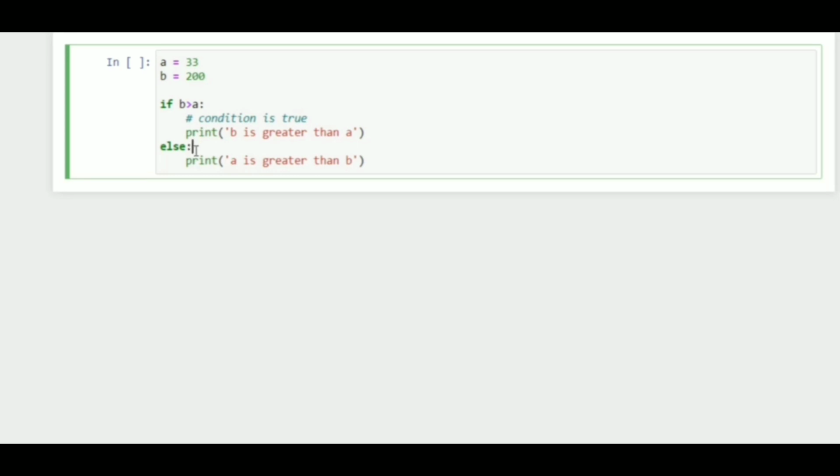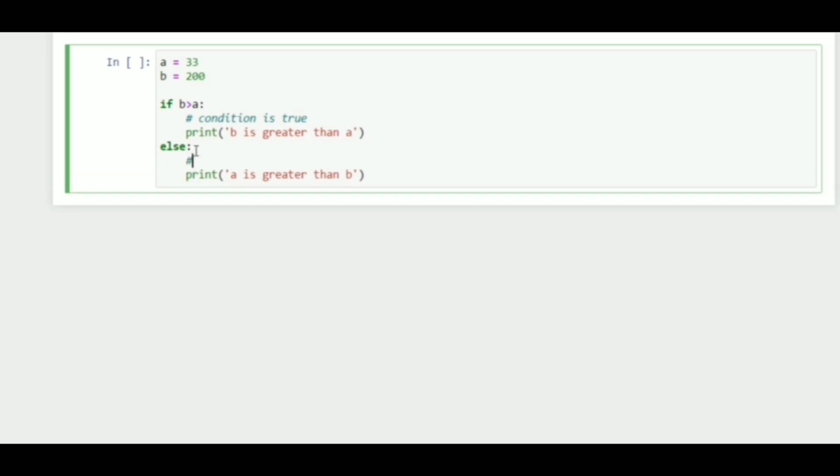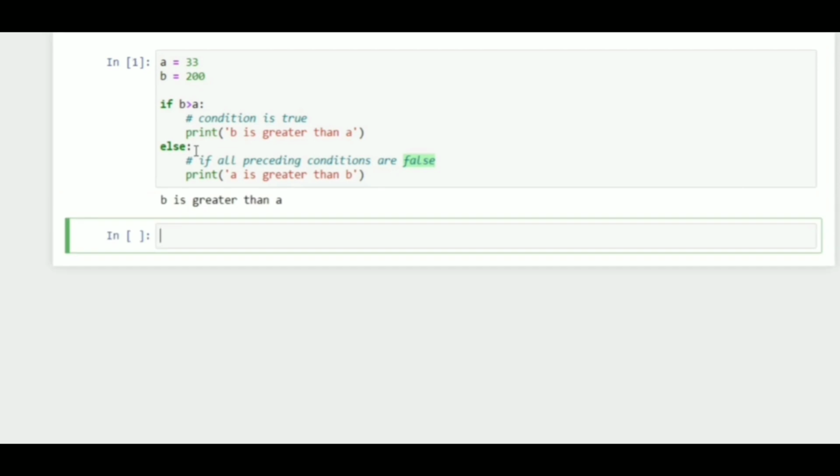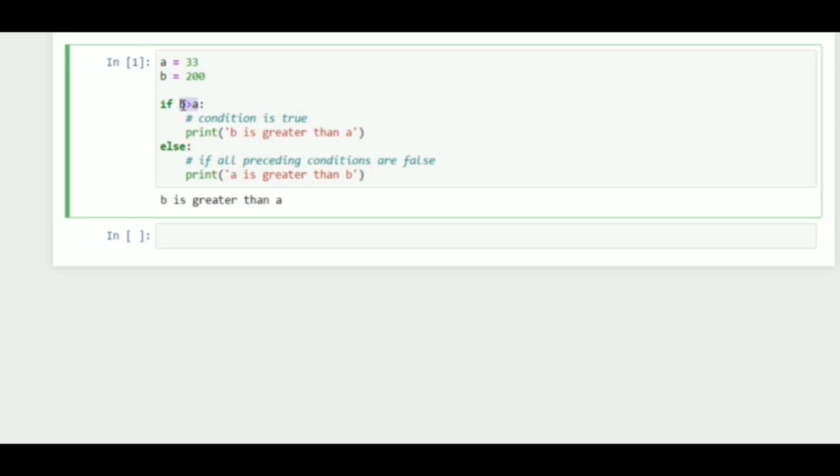We will discuss this shortly. Let's run this code. Here we got b is greater than a, because b is 200 and a is 33.